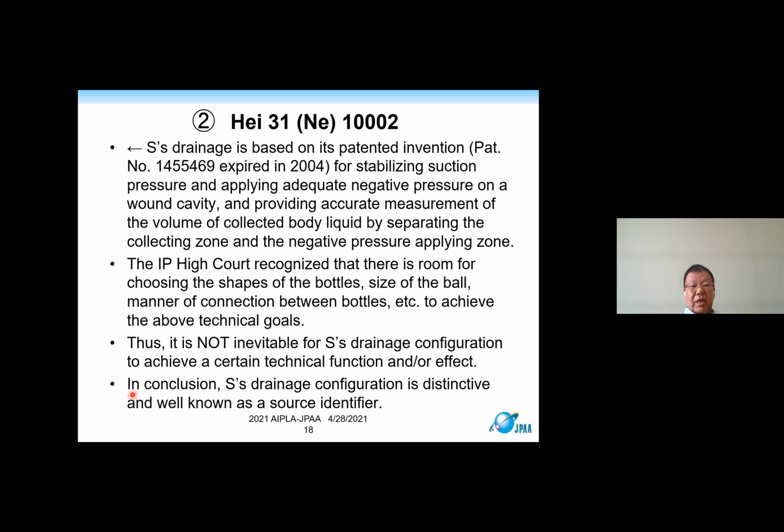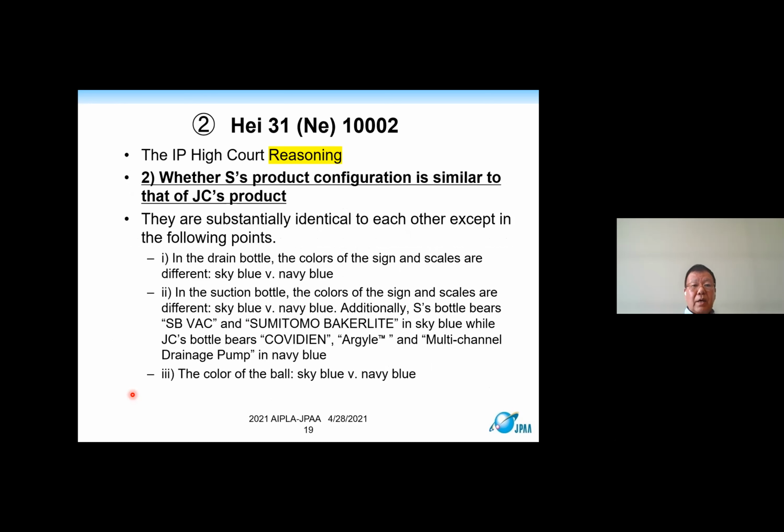So it is not inevitable for Sumitomo's drainage configuration to achieve a certain technical function. Therefore, Sumitomo's drainage configuration is distinctive and well known as a source identifier. So the first element is met. Regarding the second element, with the Sumitomo product configuration similar to that of the Covidien product,